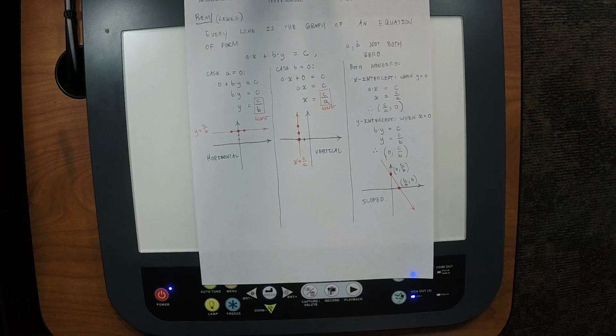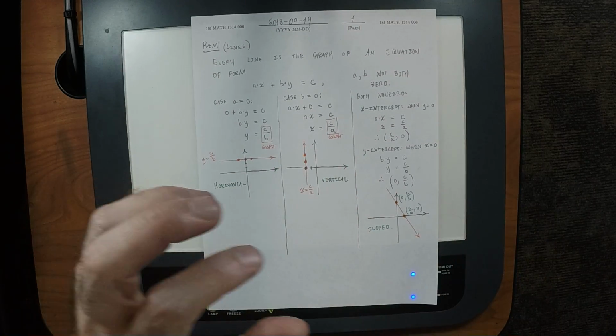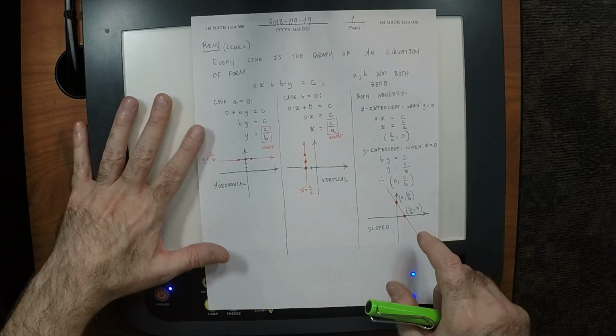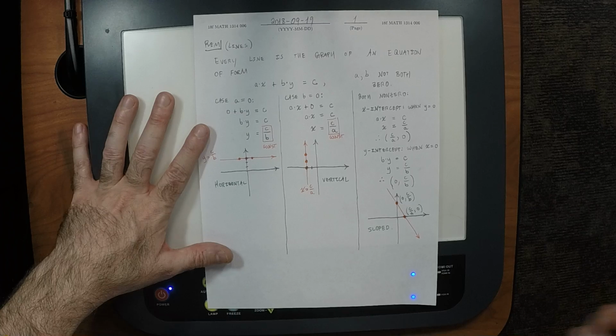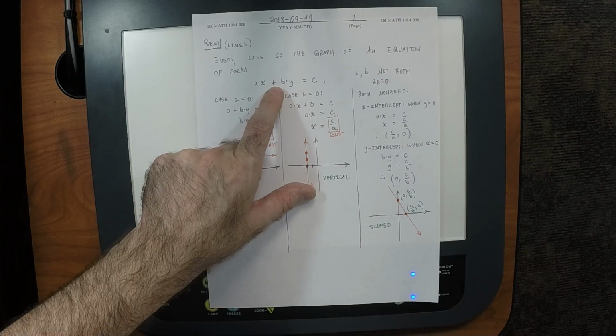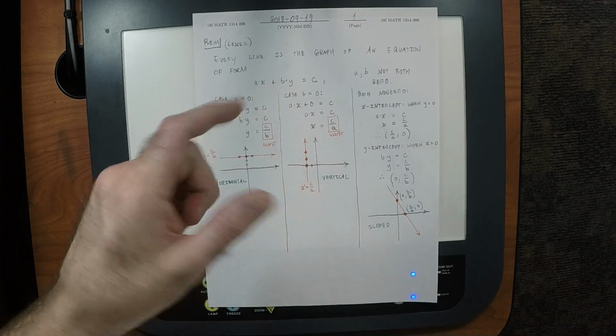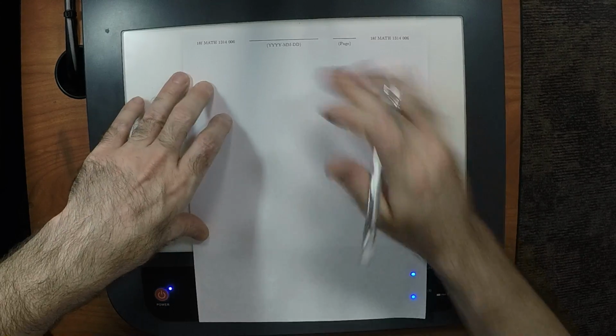So the main task is that we're going to describe a line somehow, one way or another, and it's going to be your job to come up with its equation. That might be something like I give you a picture of a line, and from that picture you're supposed to come up with the equation. Or I could otherwise describe the line, and you're supposed to come up with the equation. All right. So to that end,